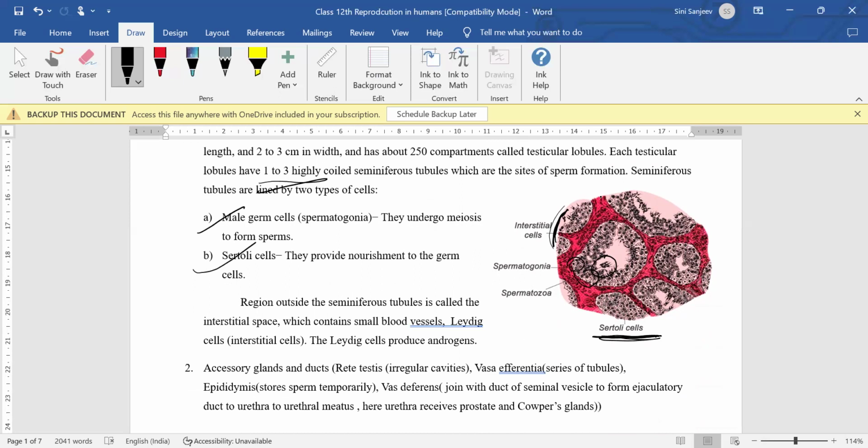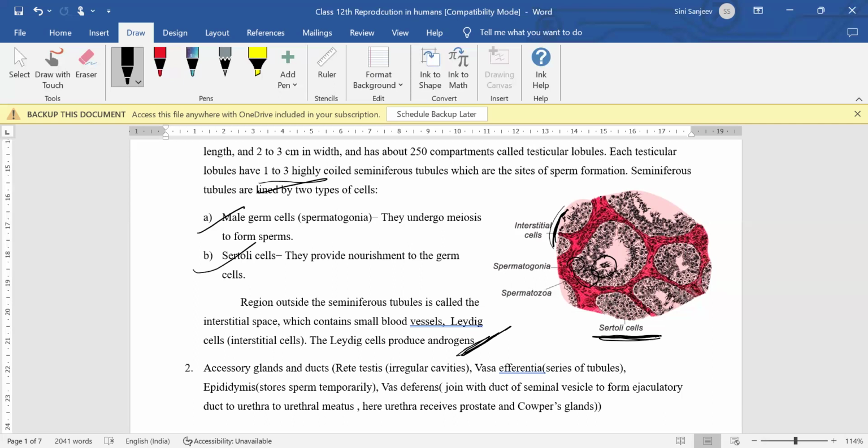These play a very important role in producing a hormone which is very important for males so that their hair will grow. For that, you have the Leydig cells, which produce androgens. Androgens are the male hormones which produce secondary sexual characteristics